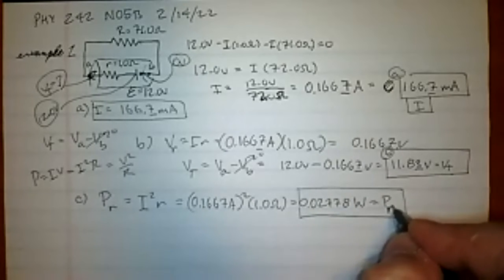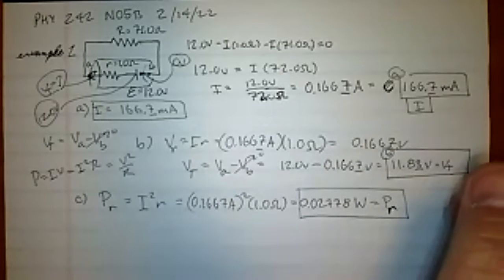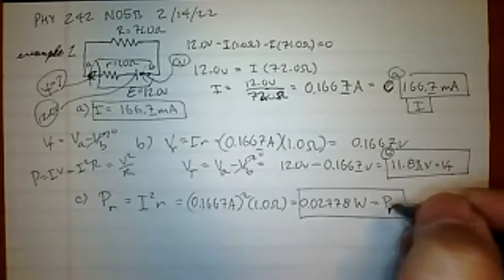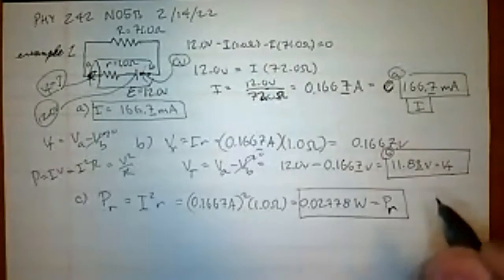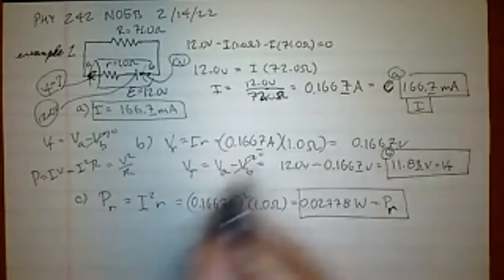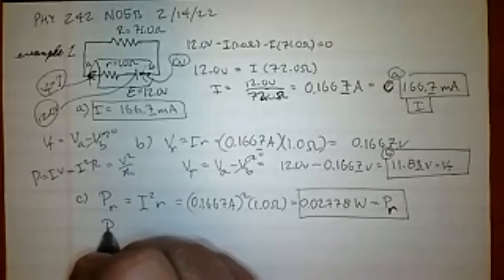And that's ultimately what is going to deplete the battery over a large period of time, because you're constantly wasting energy. Eventually that energy is going to go close enough to 0 that you can't get any more out. Now, to give you some perspective, though, the load, which is a larger resistor,